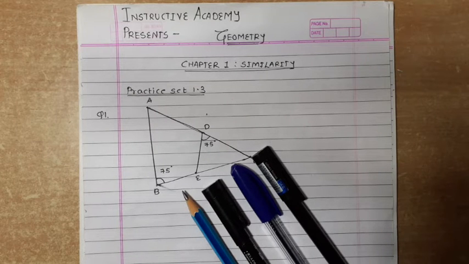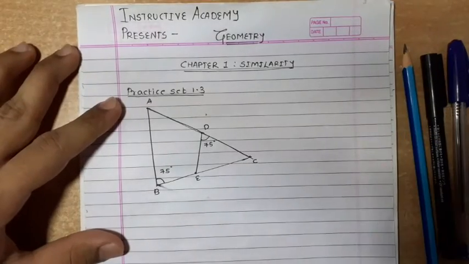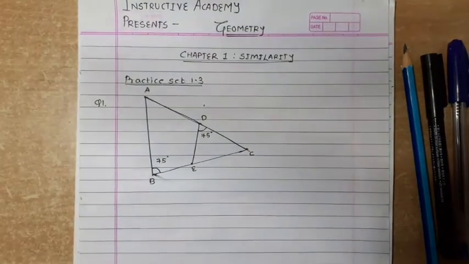In the last session, we learned a few of the tests to find whether the given two triangles are similar or not. So in this session, why not go on solving practice set 1.3. So let's begin then. Starting with the first question of practice set 1.3,